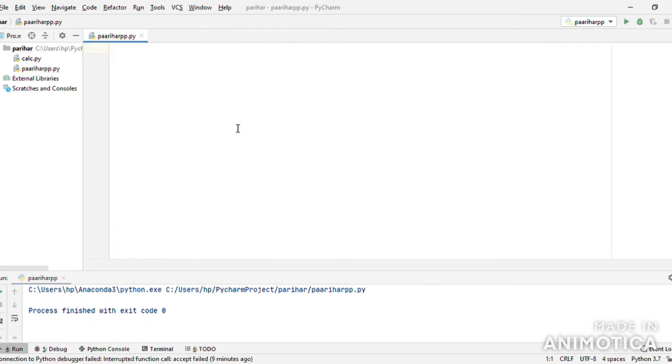So now let us look at some of the operations like intersection and difference. Now let's take three sets S1 equals to 1, 2, 3, S2 equals to 2, 3, 4, and S3 equals to 3, 4, 5. Now let's say I want to print all the values that are common in both S1 and S2. Then let's say S4 equals to S1 dot intersection, and here I will pass S2 and print S4.